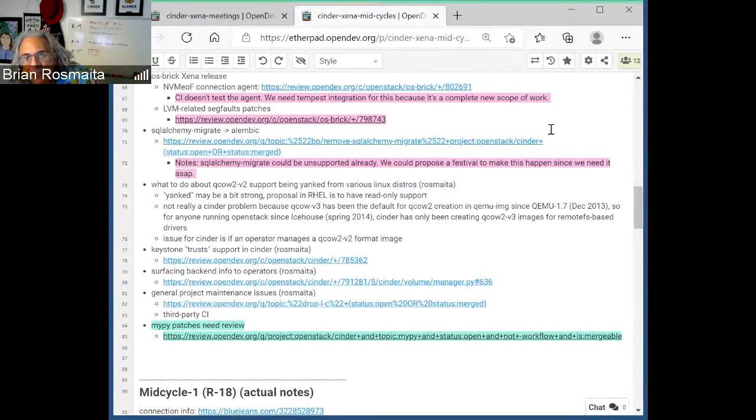So that's cool. So it's only going to be an issue for Cinder if somebody decides to manage some volumes that are in QCOW 2 format, and it's this old format. So the question is what to do about this.